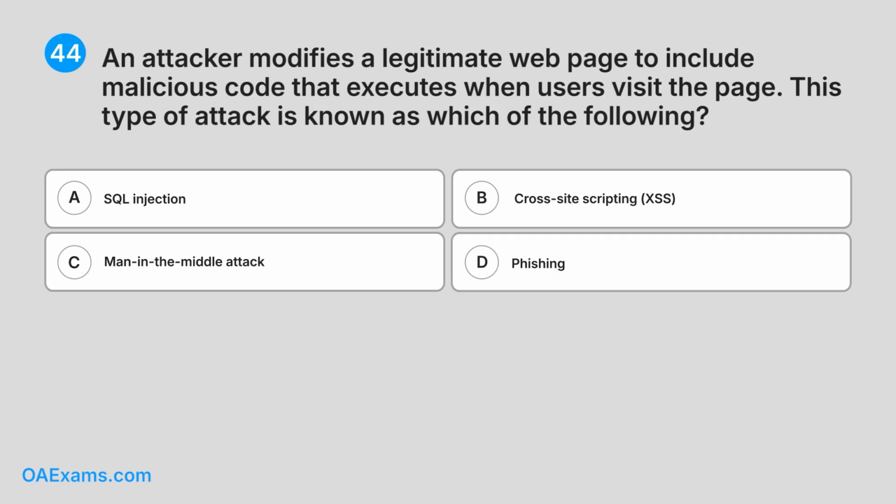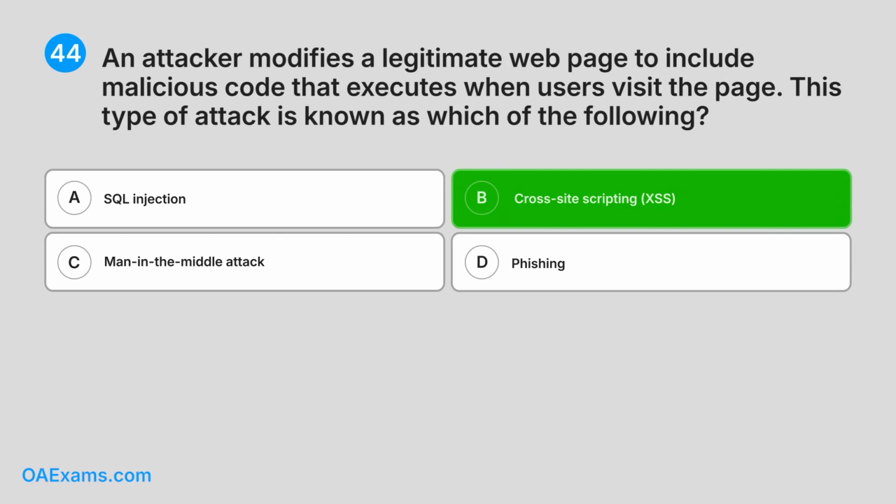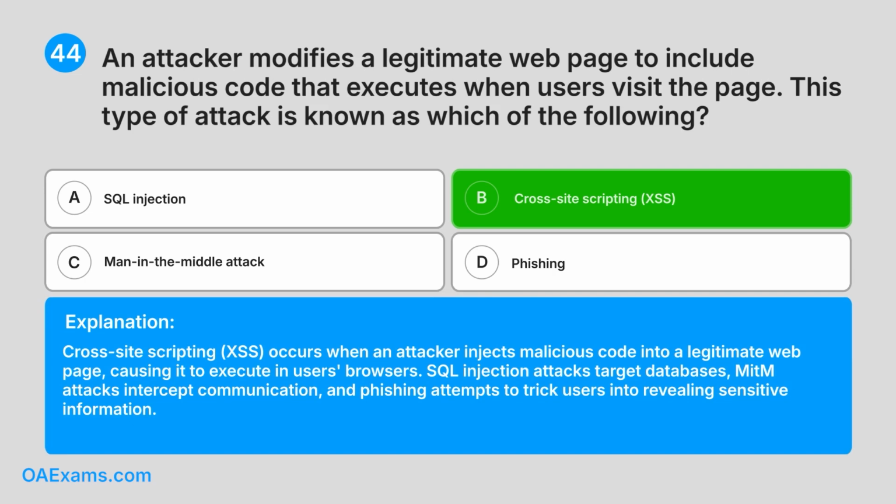Correct answer B. Cross-site scripting, XSS. Explanation. Cross-site scripting, XSS, occurs when an attacker injects malicious code into a legitimate web page, causing it to execute in users' browsers. SQL injection attacks target databases, MITM attacks intercept communication, and phishing attempts to trick users into revealing